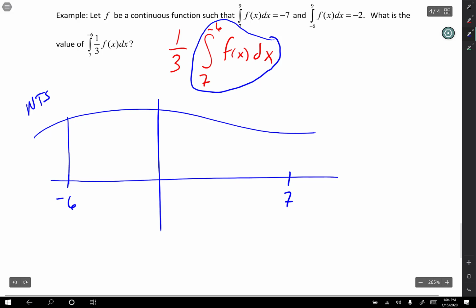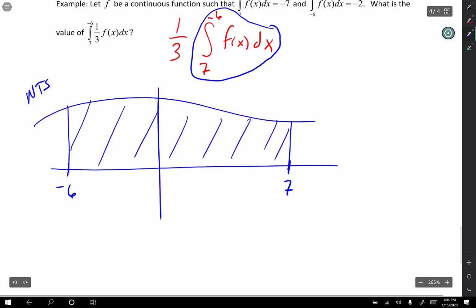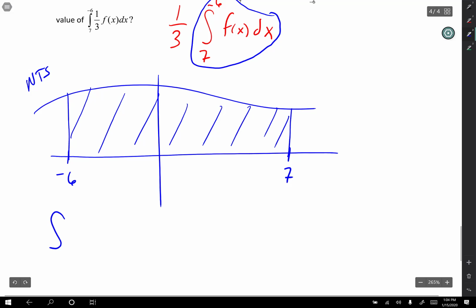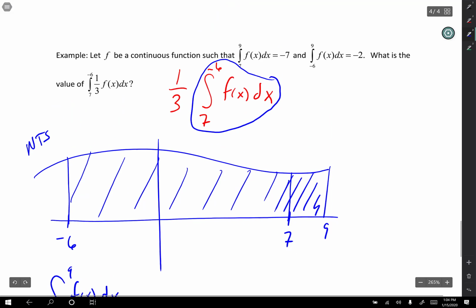So if I want the area from -6 to -7, if I wanted this area, does everyone agree that I would go, let's see, what do they give me? I would say area under the curve, let me write the 9 here. I have this -6 to 9 of this function. That's all in blue. They give me that. It's this one right here. Of course, I know it says -2. Relax, guys. I'm just doing a visual. And if I subtract this right, -6 to 7. If I subtract this in red,